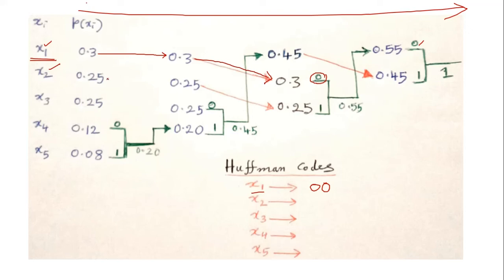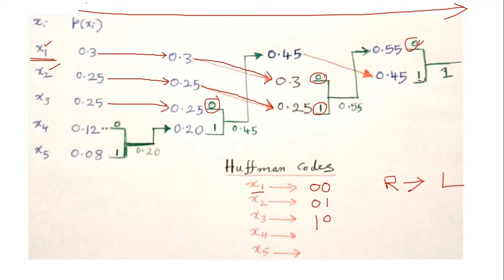For x2 we follow like this, go like this, and go according to the arrows. We come across the bit 1, so we write bit 1, and then we follow this, and finally we write 0 here. For x3 similar procedure. Here we encounter 0 here, so this will be 0, then we follow this path, finally we get 1. So when we are writing the code, we have to follow right to left.